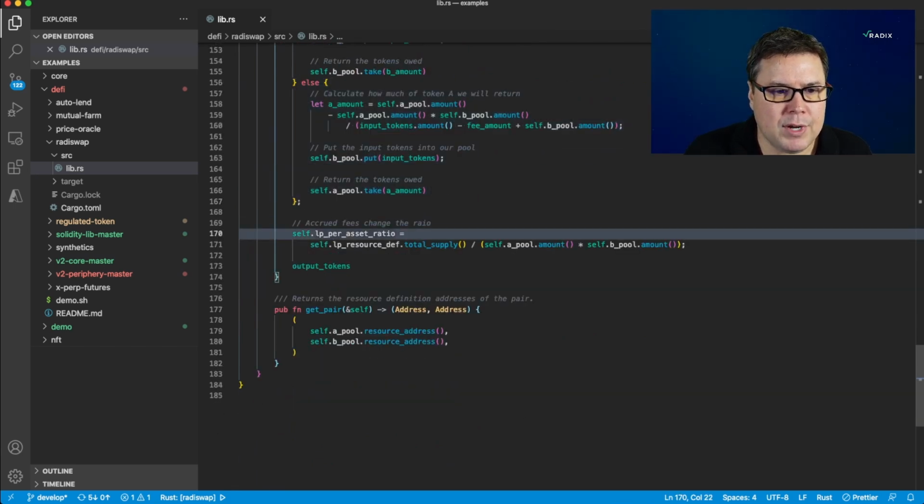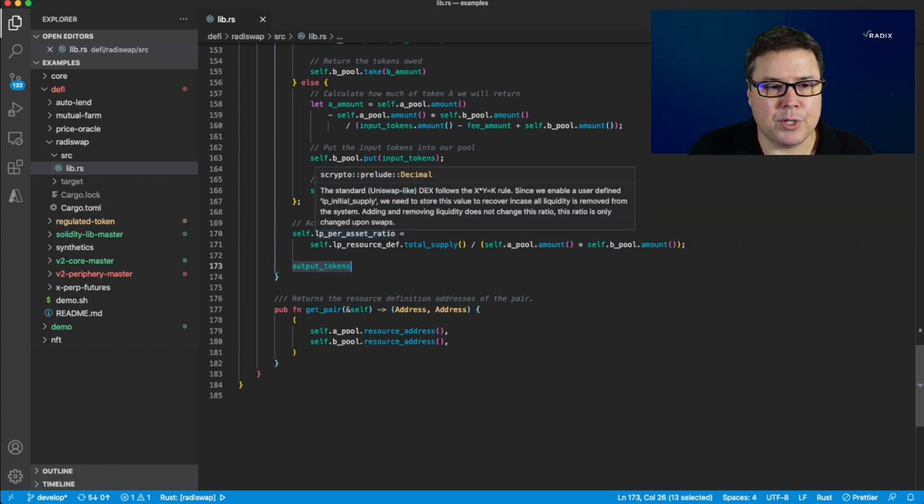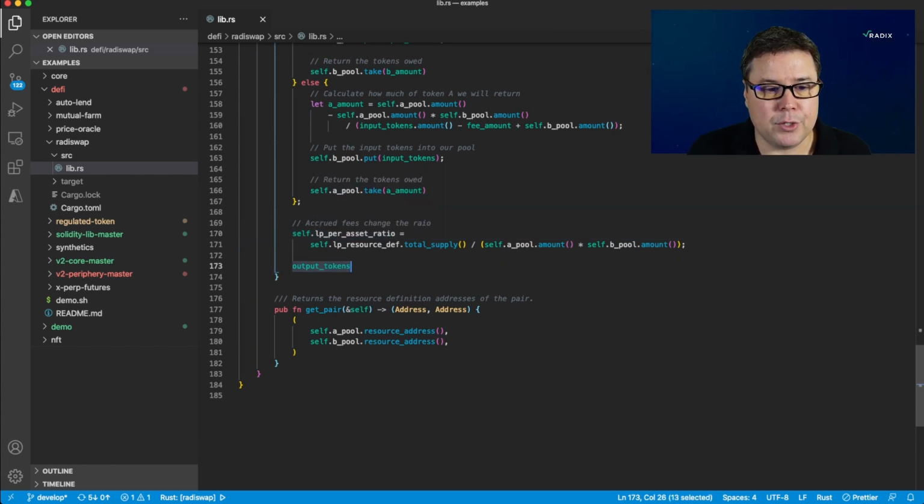And then, due to the way the fees work, we're now going to have a slight change in what that asset ratio is, because again, we kept some as a charge for operating this service. And then we're going to return the output tokens, whatever we took from the pool, back to the caller. And that's it. So in the case of a swap, you just give us as much A or B as you want to swap. And then on the other side, you will get out whatever the algorithm calculates was the